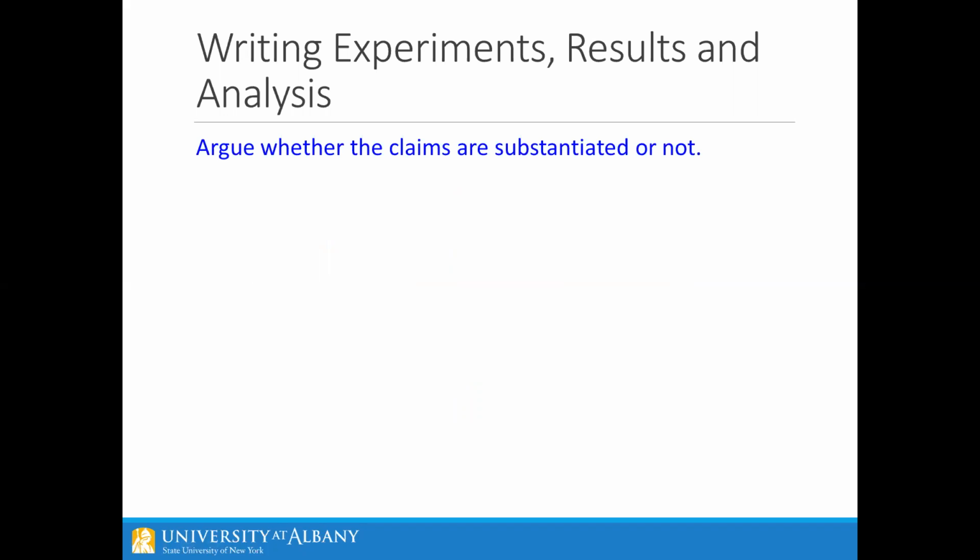Okay. There are some general guidelines about writing the experimental section, that you should argue whether the claims have been substantiated or not. That means if the claims which you are making, that my application or my system is good in this particular aspect, you need to validate those through experiments. Okay,